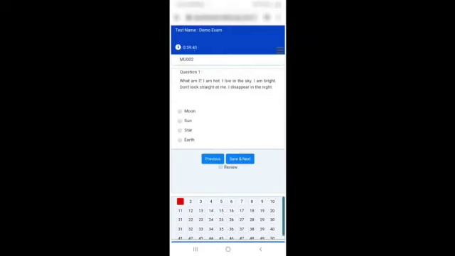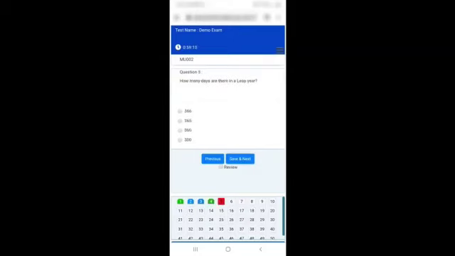Question text along with its multiple choice answer options will be shown. You need to select one of the suitable answer choice options, and then you can move forward with the save and next button. You can also click on previous button to move to the previous question. There is also a button available for the review purpose. If you want to review a particular question at a later point of time, you can just mark it as review.